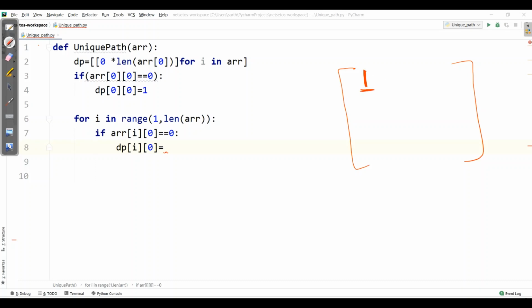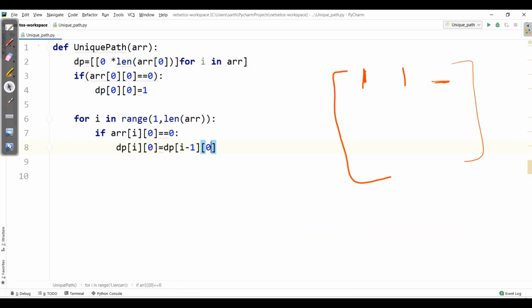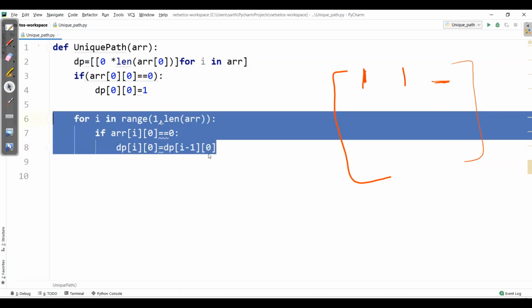Now based on this 1, I will be filling the rest two elements as 1 by copying this first element of the matrix. So I'll write dp[i-1][0]. Now similarly I will write for the row element.